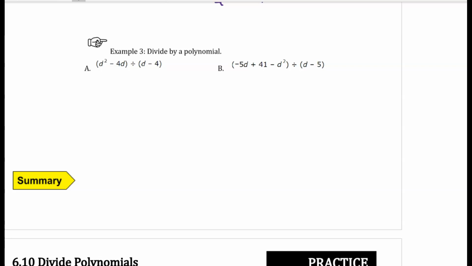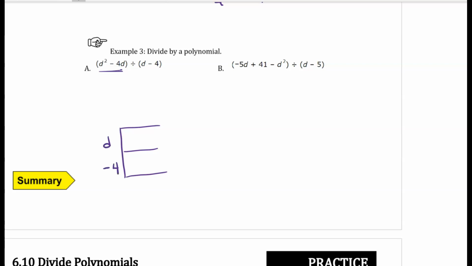So we're dividing by more than one term. When we multiplied things together, we used a box to organize our work. And we had the factors on the outside of the box, and then we added up all the terms on the inside. When we're dividing, we're doing the opposite of multiplication. So the first thing that you see in your division problem is what is filling in the box. And then the second thing, the thing you're dividing by, is one of the factors that goes on the outside